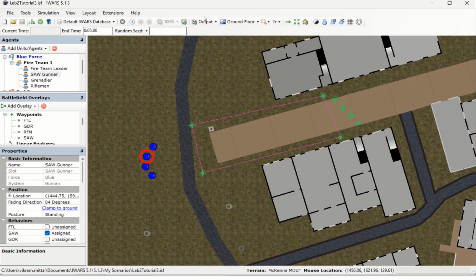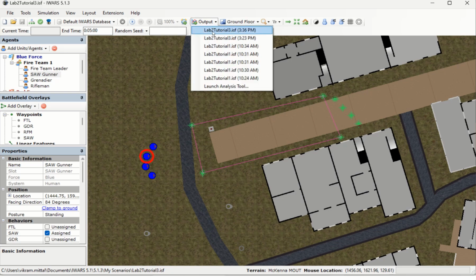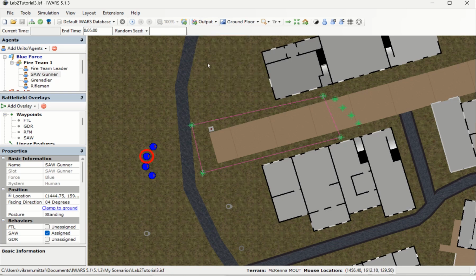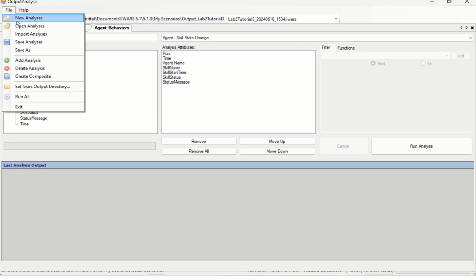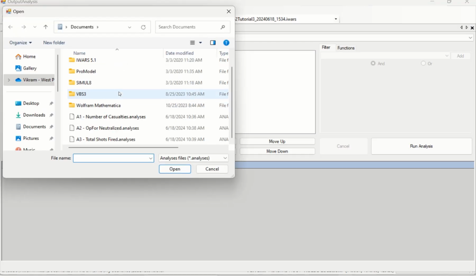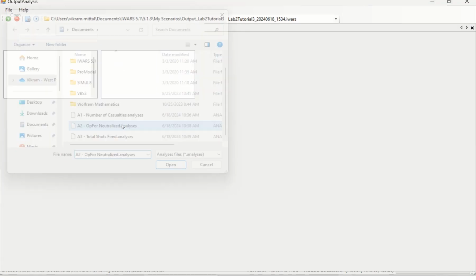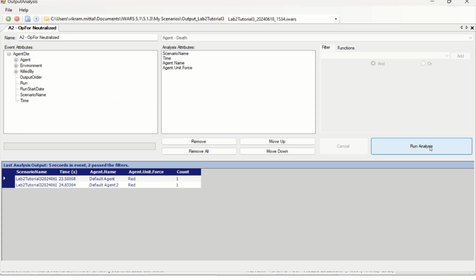If we want to, we can go and do some output analysis with this. So Lab2Tutorial3, open up your output. And I can open the analysis files from tutorial 2. So let's go with Op4 neutralized. Run analysis. And it shows me when my